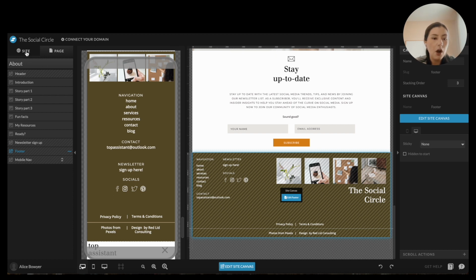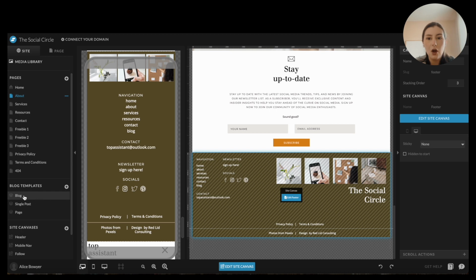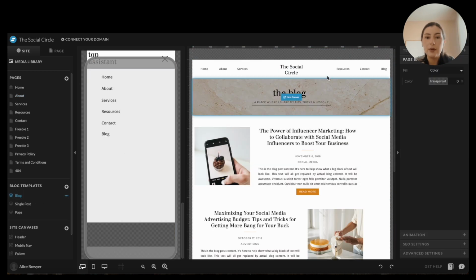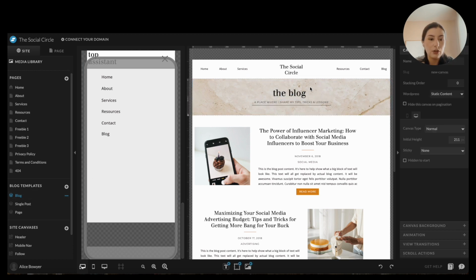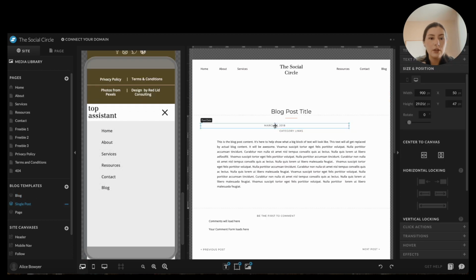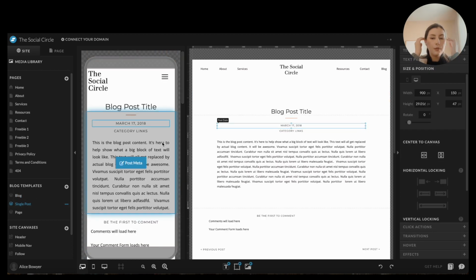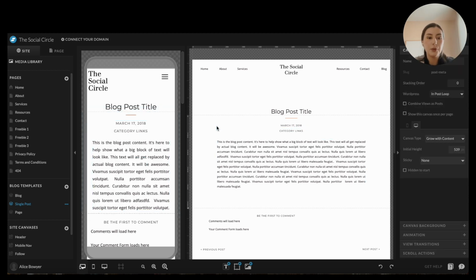Okay, so let's go check out the blog. So here you'll see our little blog section. You can customize how the blog shows up for the blog page. So I can move these elements around and change the font. But when you go to something like a single post page, this is just how it will look, but the actual content will be pulled across from your WordPress blog,